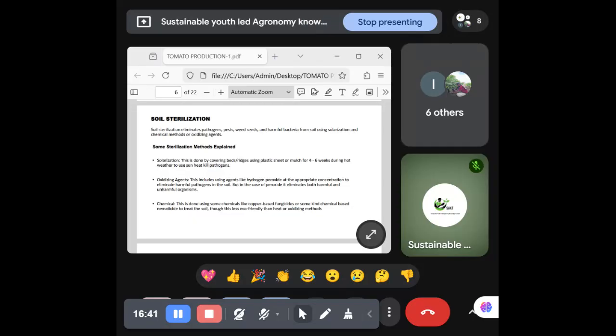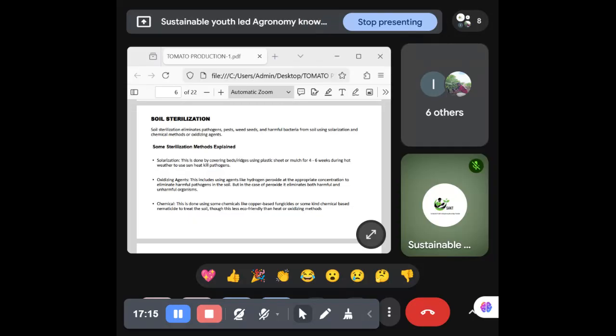So to an extent, this also helps to prevent or deal with some things in the soil there. The second one there is the oxidizing agent. This includes using some agents like hydrogen peroxide. If you look at this slide, you notice that I normally begin from the biological and the mechanical approaches before I get to chemical approaches, because